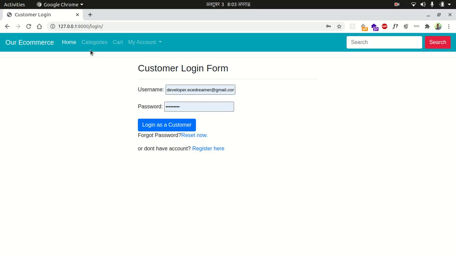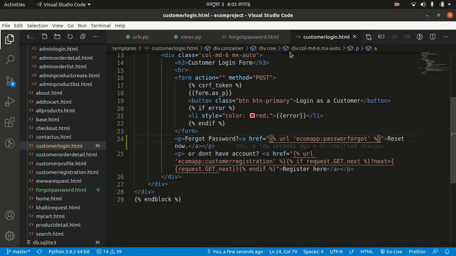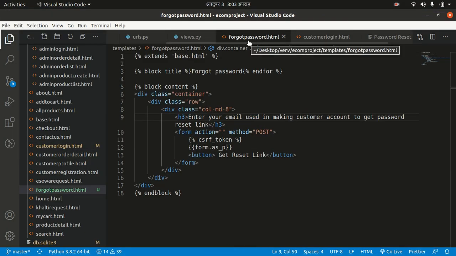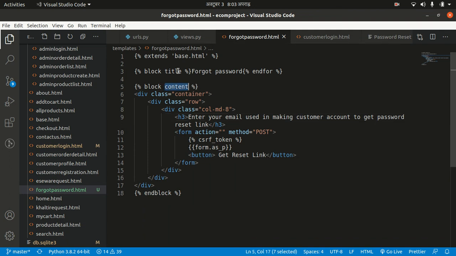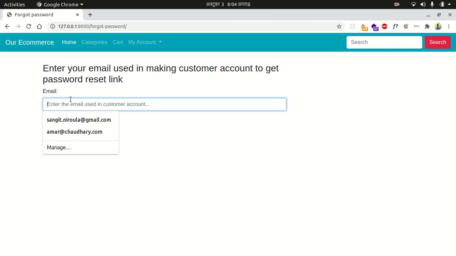Now if you refresh the page, you can click this link, and after clicking this link, you get an invalid block tag: end for expected end block. Okay, let's go to our forgot password template, and block title should be ended with end block. There is a mistake, end block. After you modify it and refresh the page, you can see that here is a form showing email,